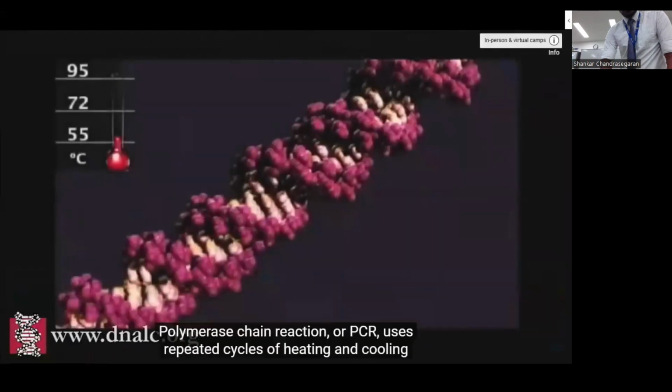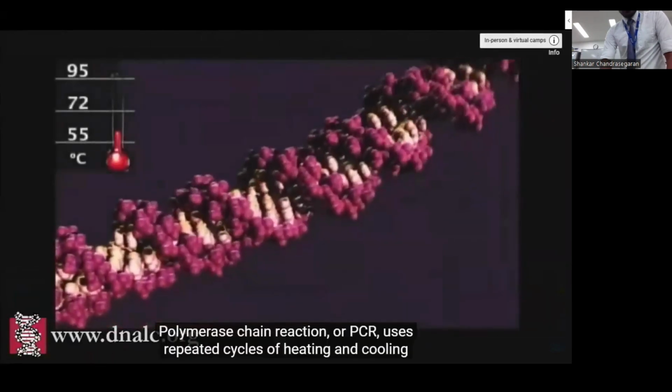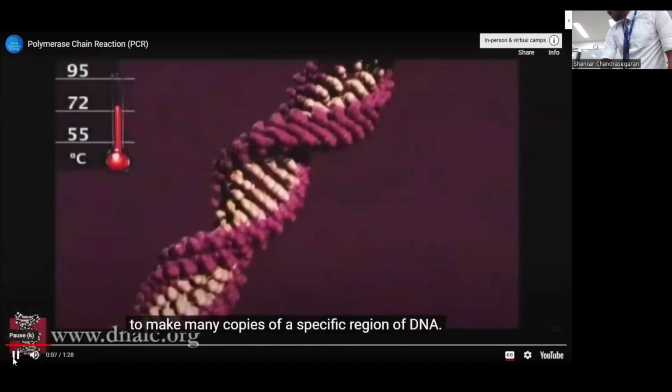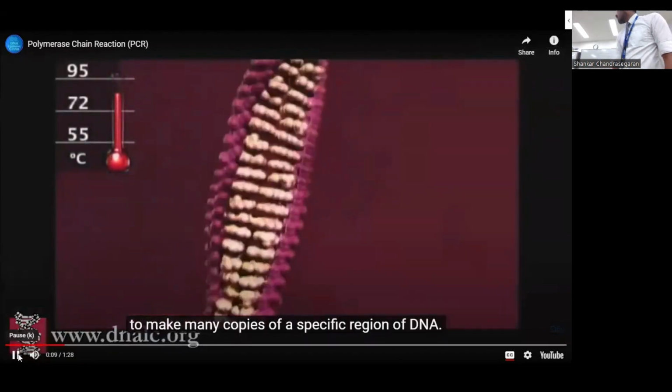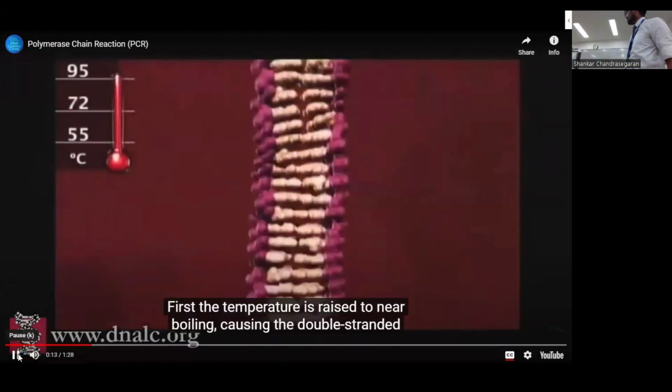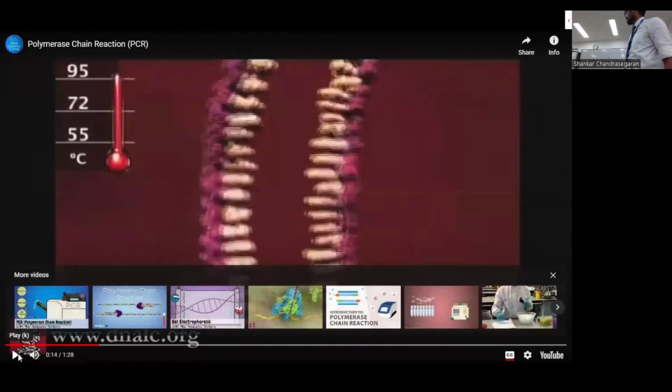All right, let me go through the video one more time. This time, let me explain each step a bit more clearly. Polymerase chain reaction, or PCR, uses repeated cycles of heating and cooling to make many copies of a specific region of DNA. First, the temperature is raised to near boiling, causing the double